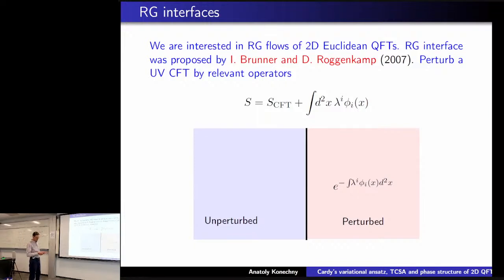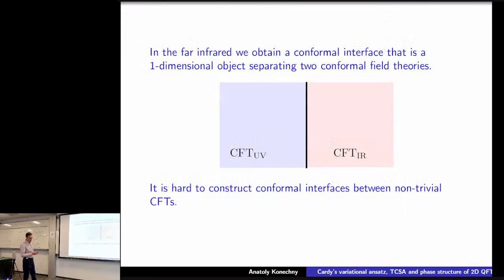So in this picture, you can see an unperturbed CFT, and then you switch on the perturbation, then you add all counter terms, renormalize it, and then if the perturbed theory flows to a non-trivial conformal field theory in the infrared, then you end up with a conformal interface between these two